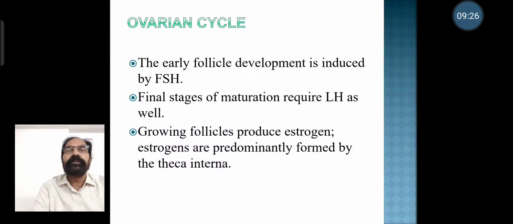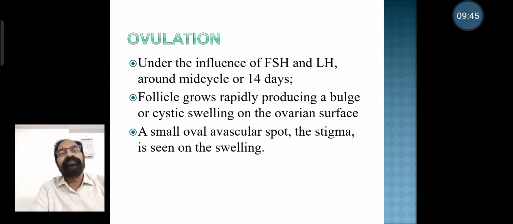Corpus albicans is formed. The early follicle development is induced by FSH. Final stages of maturation require LH as well. Growing follicles produce estrogen. Estrogens are predominantly formed by theca interna. Under the influence of FSH and LH, around the mid-cycle or 14 days, follicles grow rapidly, producing a bulge or cystic swelling on the ovarian surface. A small oval avascular spot, the stigma, is seen